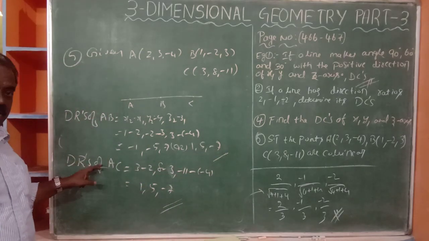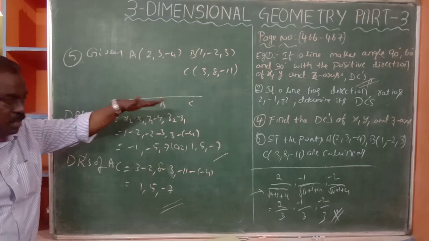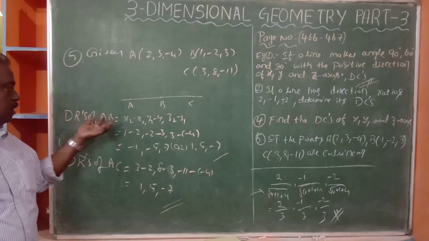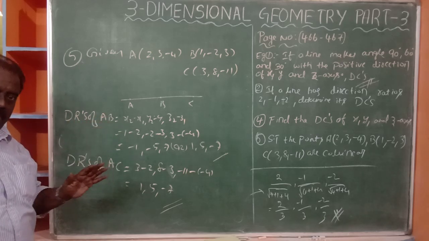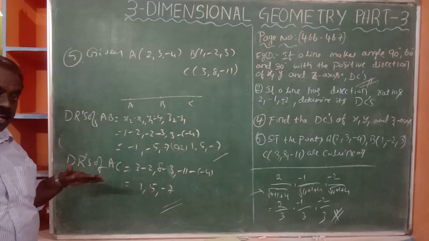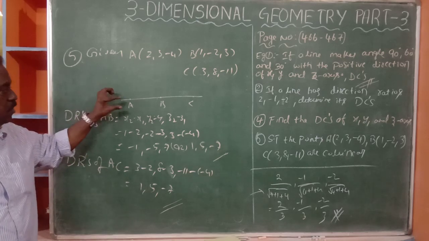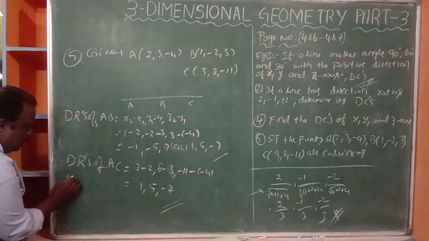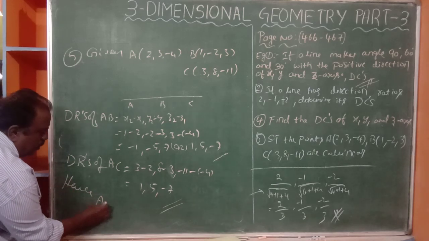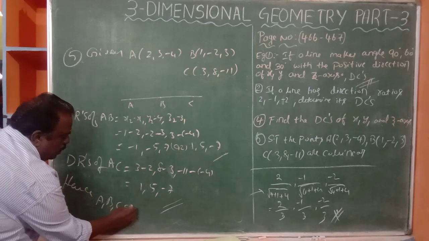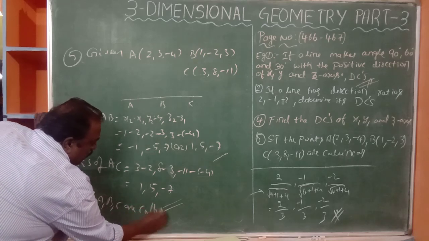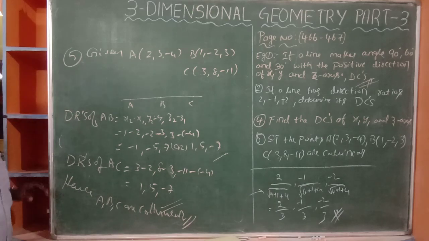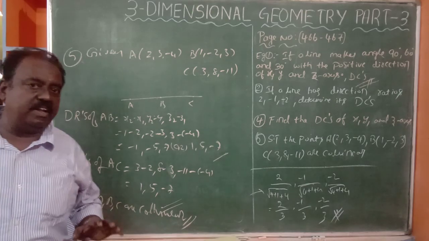A is common. AB is a line, AC is again a line. You see, the DRs of parallel lines are the same, of course. But here AB and AC are not parallel, because A is common to both. So they should lie on the same line. Hence, A, B, C are collinear points. Like that it will be solved. Okay, now is it clear? Yeah, pause.